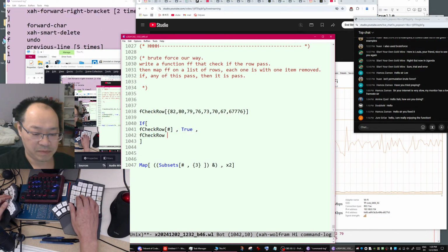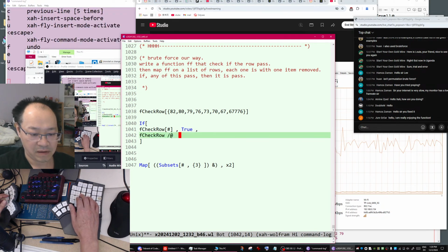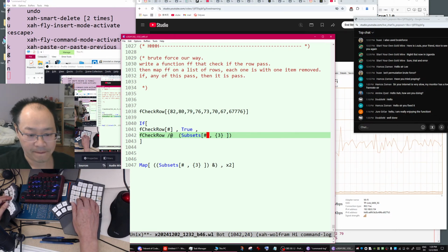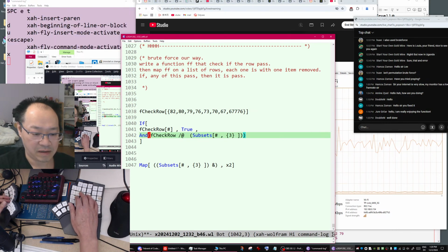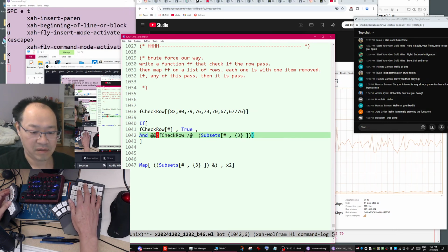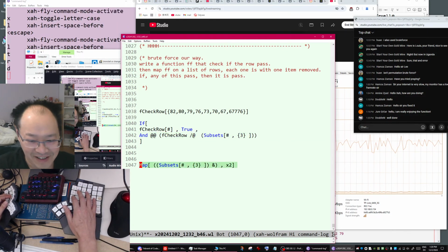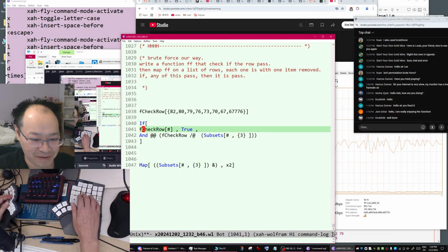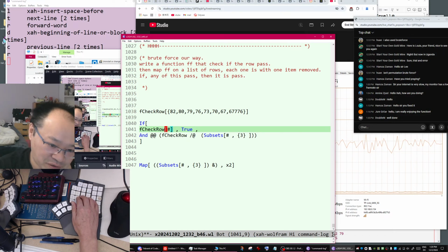You want to apply that and say end. Okay, something like that. I'm just trying to finish the problem. So I think that's it. So if check row is true, then return true. Otherwise you